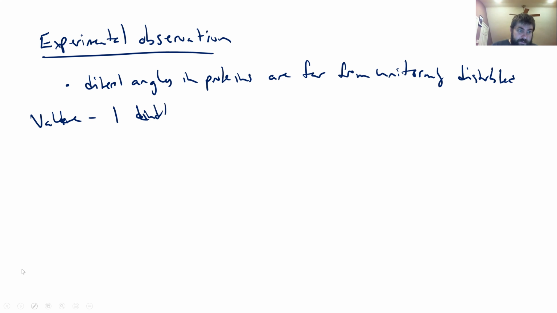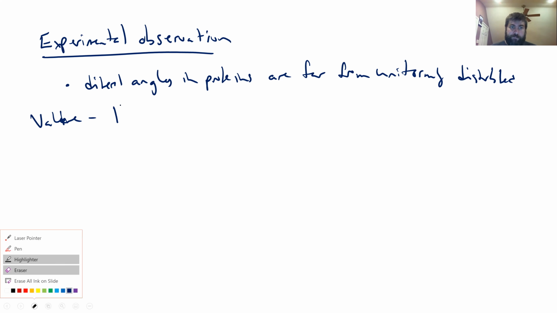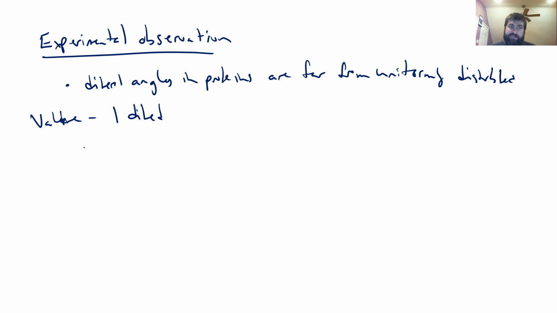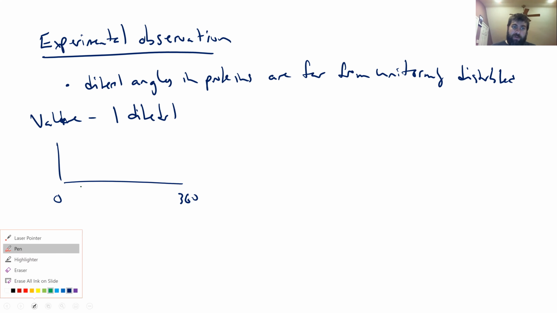Sorry again. And if we plot just on 0 to 360, and we look at every valine in the protein data bank, and we ask, what is the value of that dihedral angle? Well, what we see is that